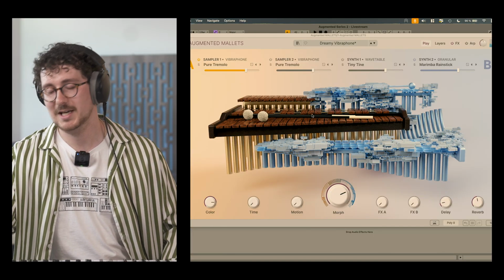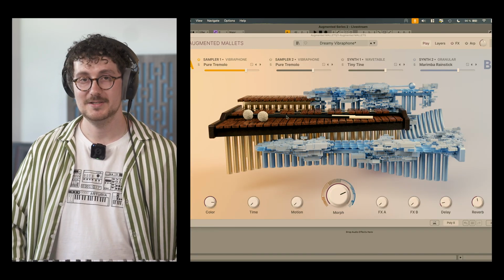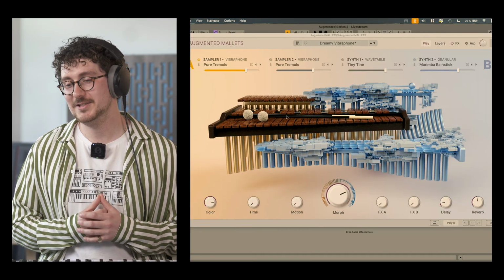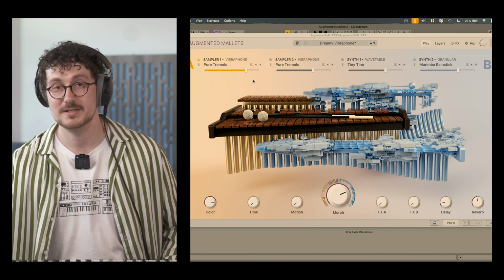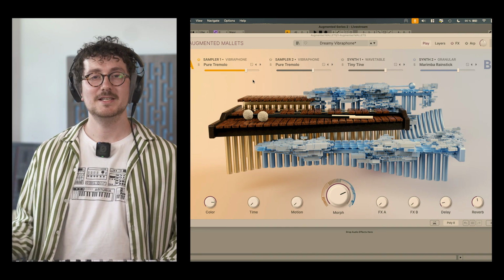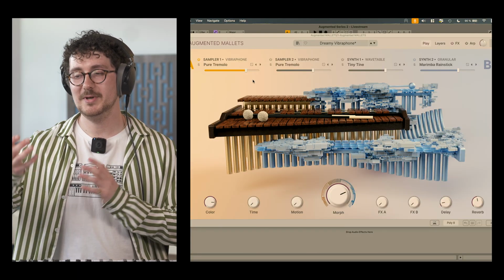Sounding really nice. And this is the brand new play page. So every instrument has this new play page, and as you see, it's quite different. Up the top, we have our sound sources. So as I said, when most people had fun on the play page, when they went into the layer page, it was a little bit